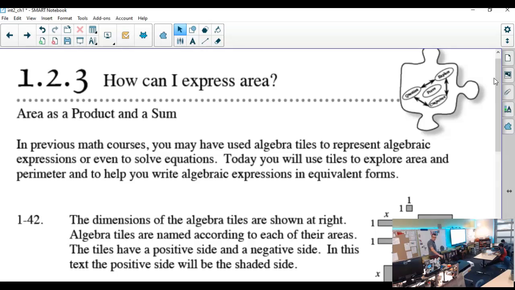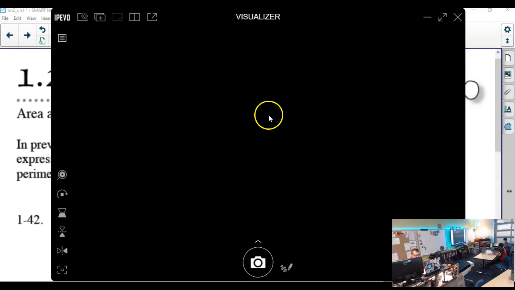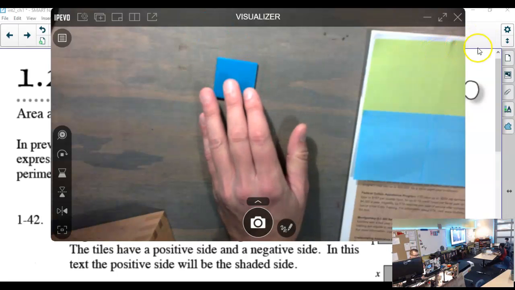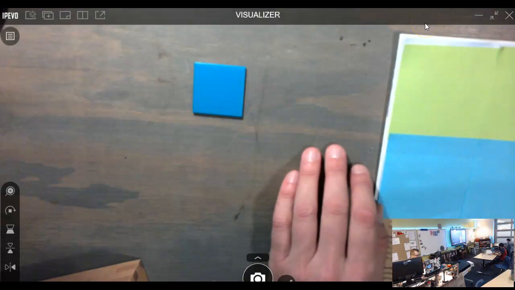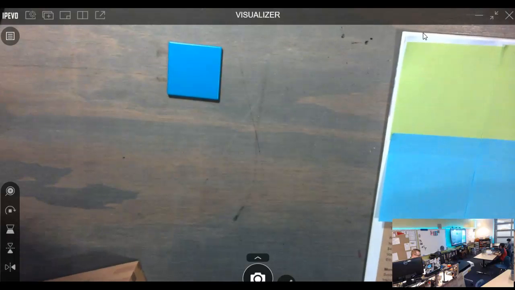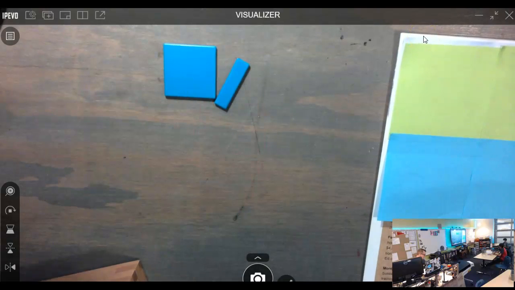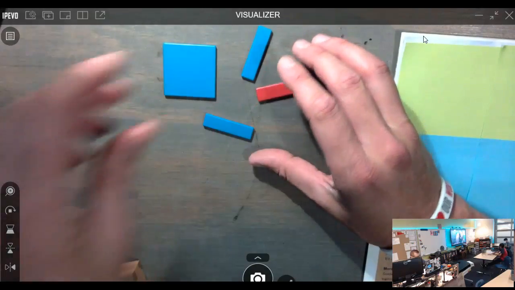So you should have out 1 x squared, 3 x's, and 3 1's, which is already telling me who is goofing up what tile is what tile. Remember, the x squared tile is square, not rectangular. So the thing that you should have 1 of is the blue square, or teal, or whatever. I get some 7th graders wanting to argue colors with me, and my defense is normally just, look, I'm color deficient. Which means the thing that we should have 3 of is our x rectangle tile, because remember they are 1 in length,